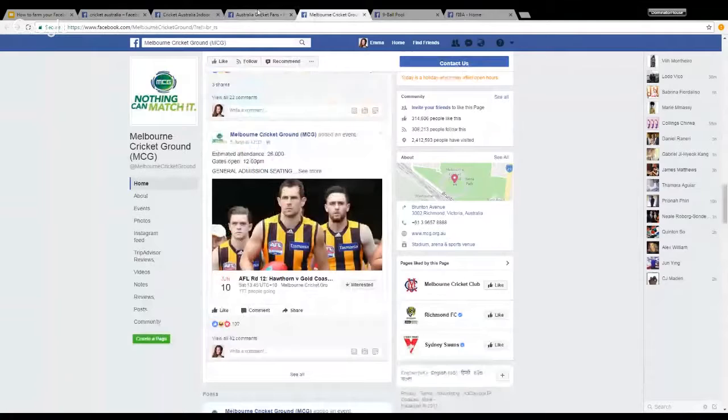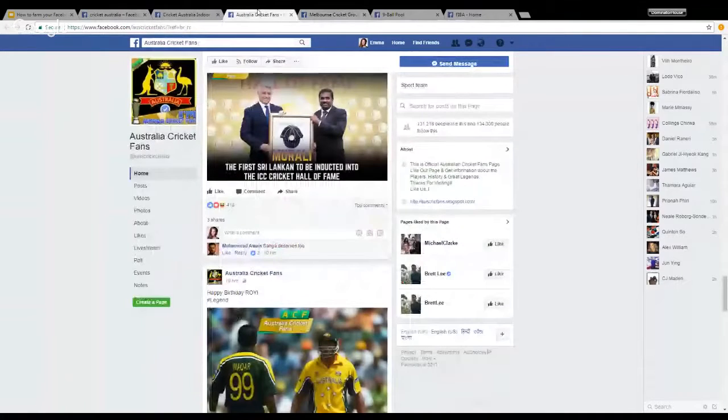So we need to find such pages and follow them so that we can engage with the people who are engaging here, and get them to send us friend requests.